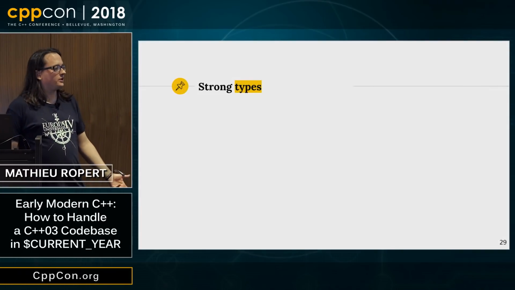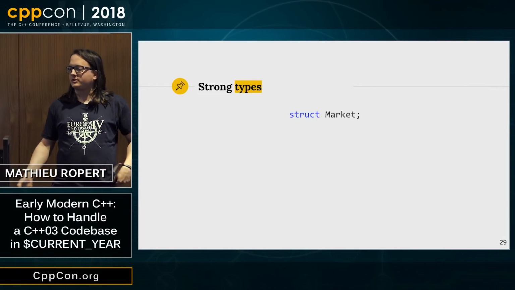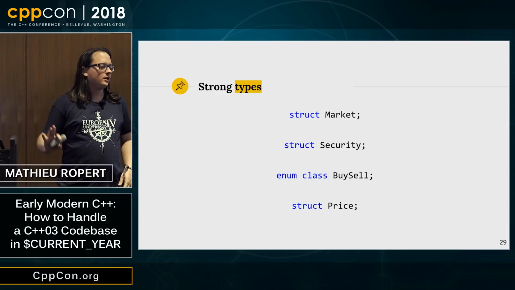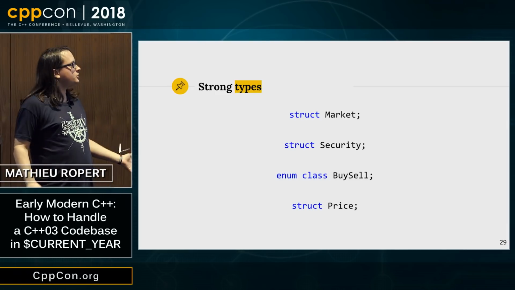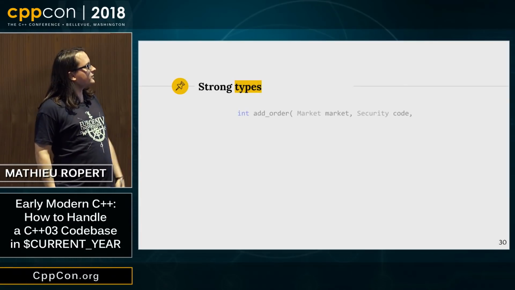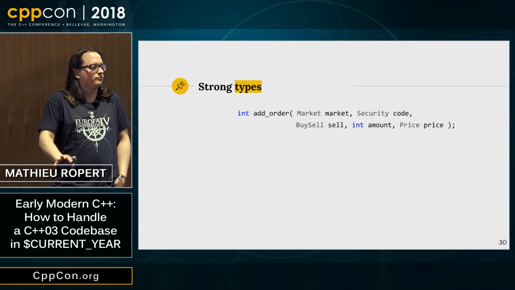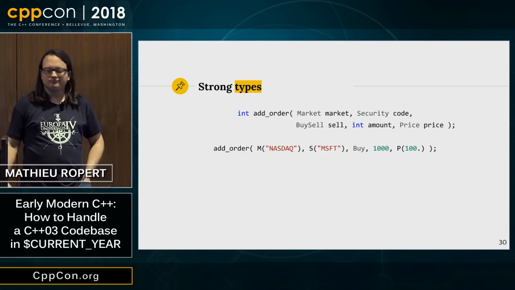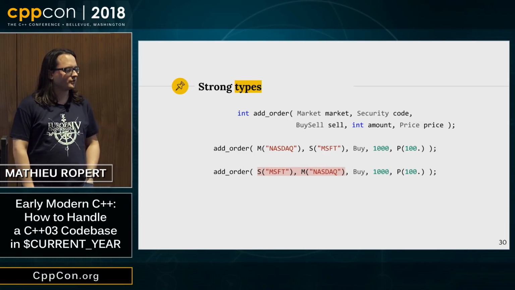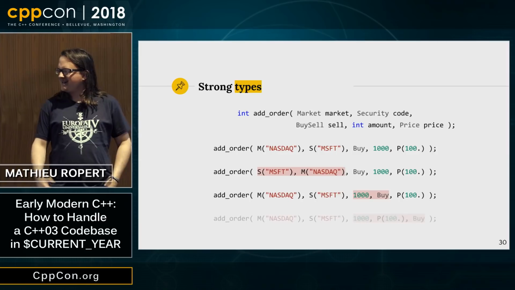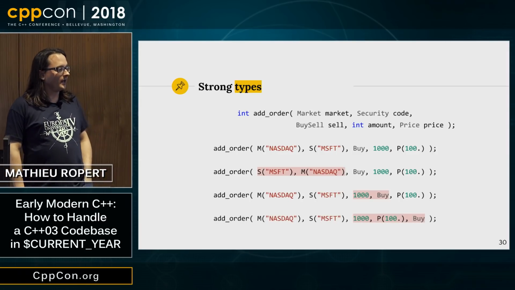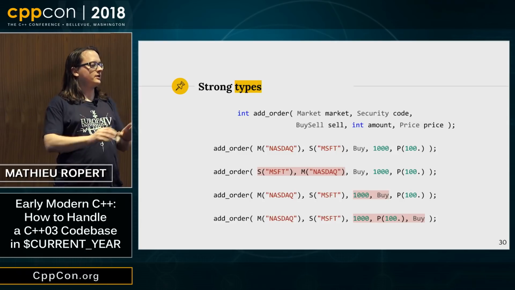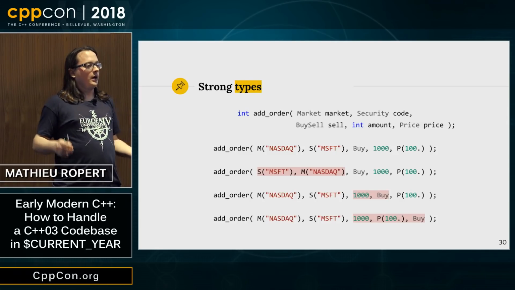Of course, I could have avoided that easily, right? I could have just had a bunch of structs, or even enum class, but yeah, a bunch of structs. And then, with this exact same API, with just some basic strong types, I could make sure that this works, but this doesn't, because this doesn't, and this doesn't. And the compiler would just see through all of that and remove everything and translate to the exact same code. It's just that I will catch a lot